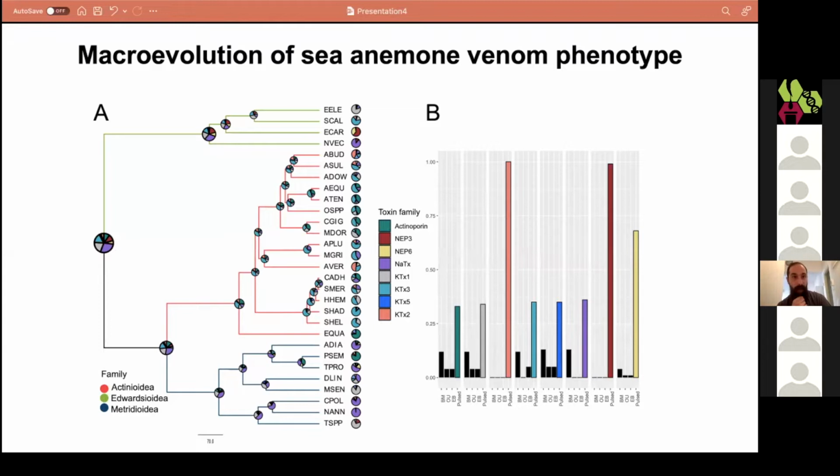we modeled the expression of toxins and found that a mode of evolution of rapid pulses best explains the evolution of toxin expression in sea anemones, as opposed to early bursts or simple Brownian motion. This supports that indeed toxin expression is evolving in a highly dynamic manner, likely to account for ecological interactions.